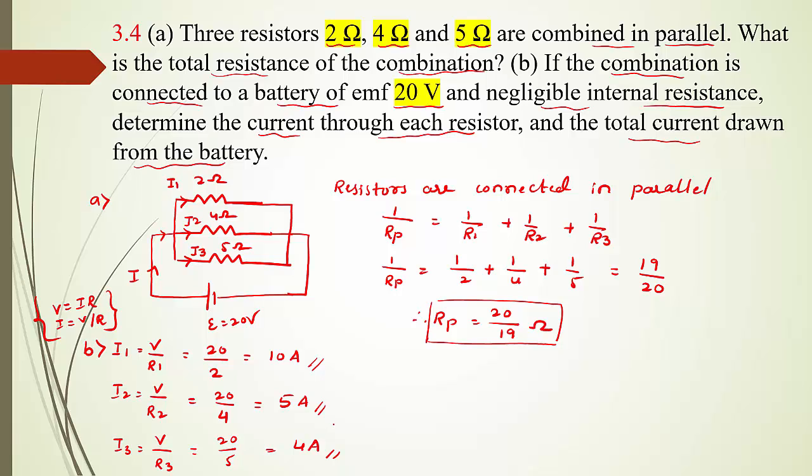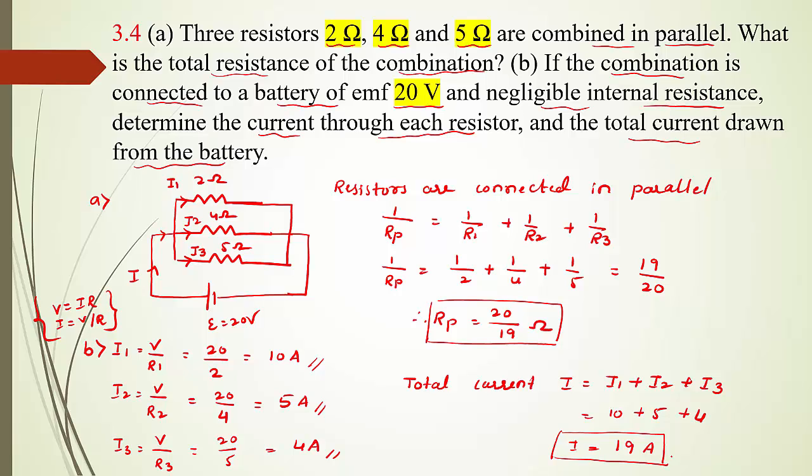And the total current drawn from the battery is how much? Total current we can calculate. Total current I is equal to I1 plus I2 plus I3. Substitute the value 10 plus 5 plus 4, that gives 19 ampere. This is the total current drawn from the battery. Right? Then